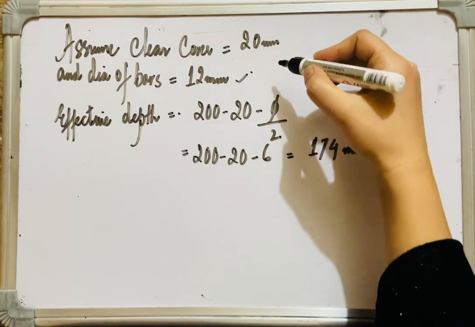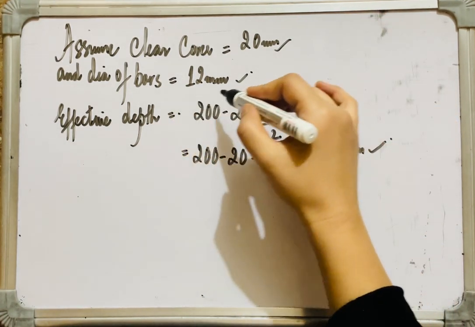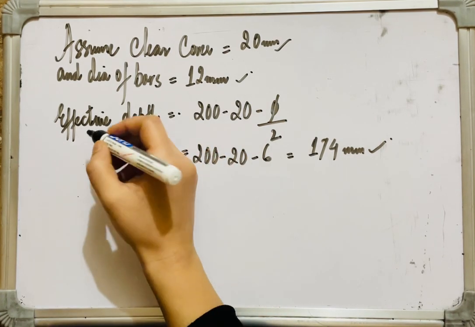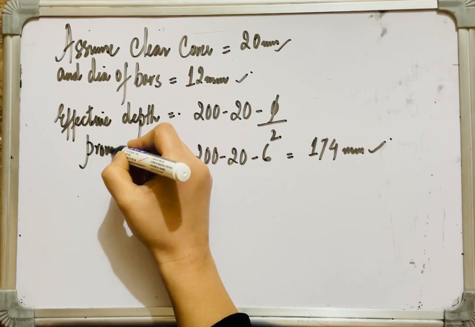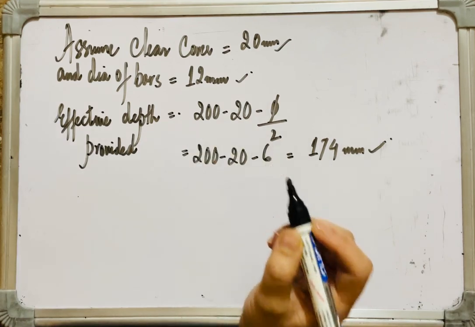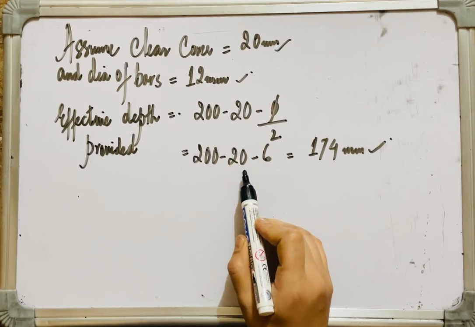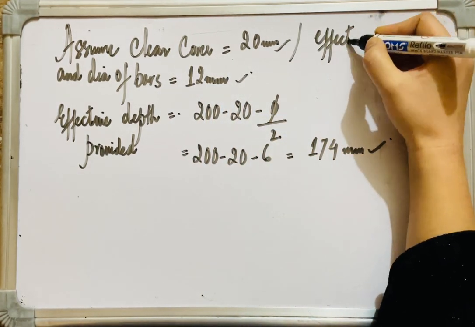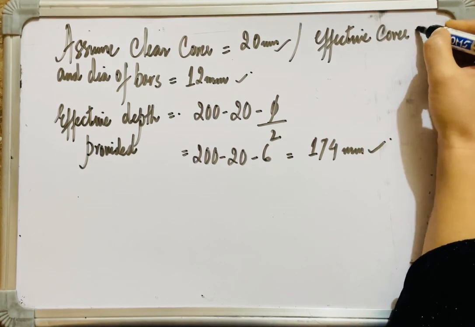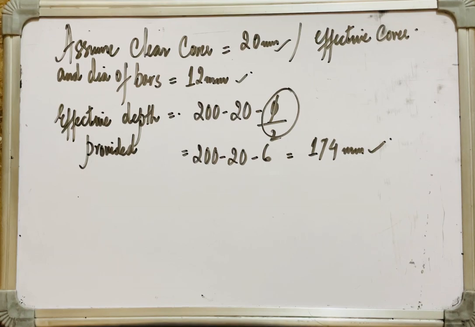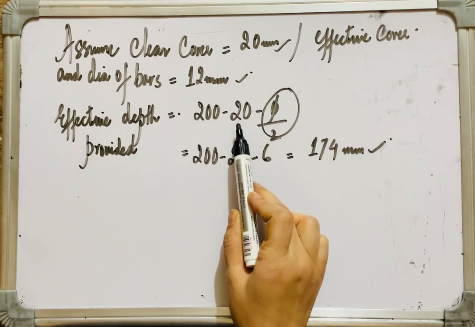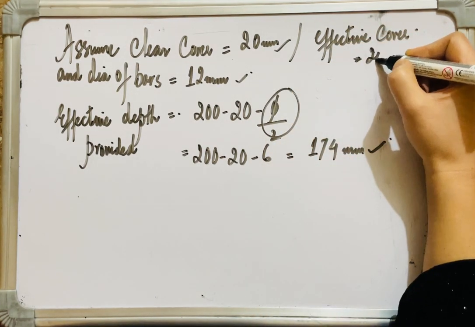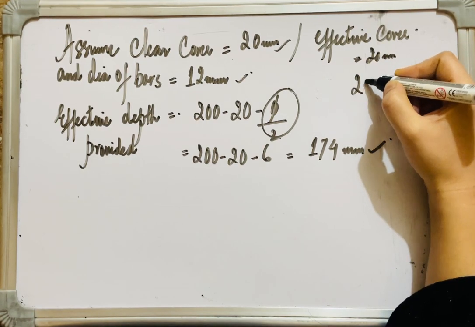Alright. Here I have assumed clear cover as 20 mm and dia of bars as 12 mm. According to that, the effective depth provided comes out to be 200 minus 20 minus 6. If I had taken effective cover instead of clear cover, then I would not have had to subtract 5/2 from this. Since I took clear cover, it is 200 minus 20 minus 5/2. For example, if I would have assumed effective cover as 20 mm, then the effective depth provided would be 200 minus